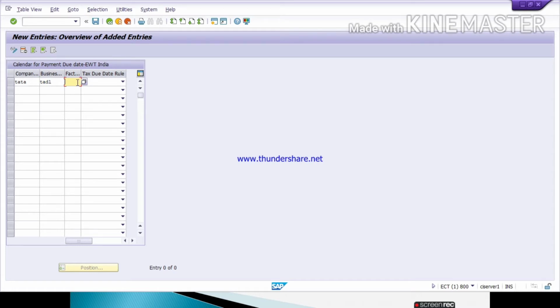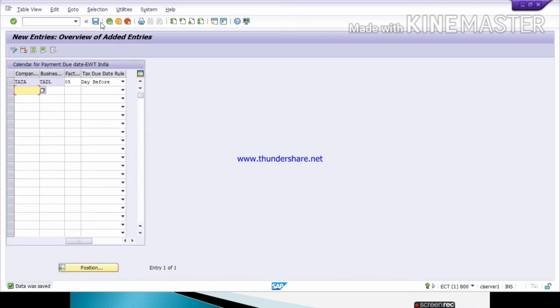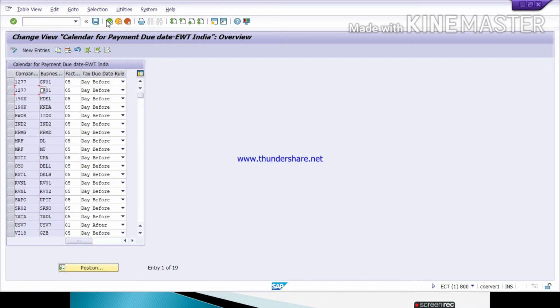Here we give a factory calendar, same, I am giving 05, and tax due date rule I am giving day before. Then save. Continue. Data was saved. Get back.